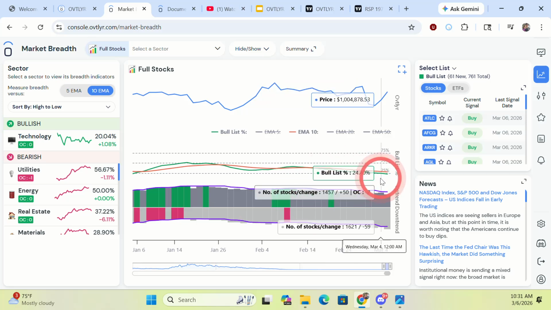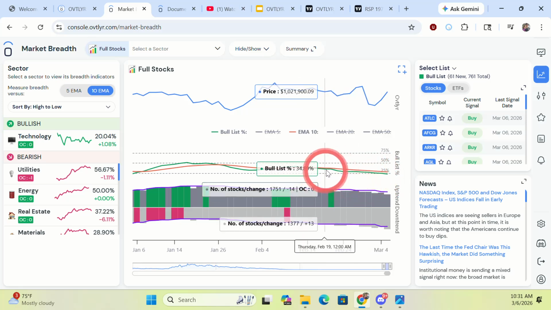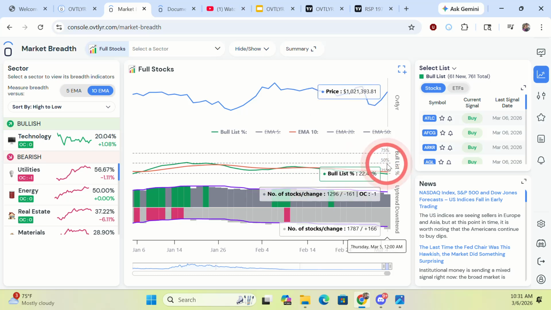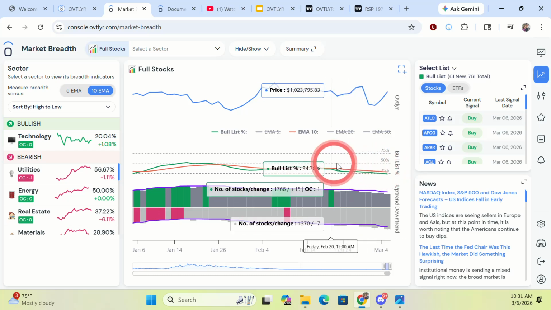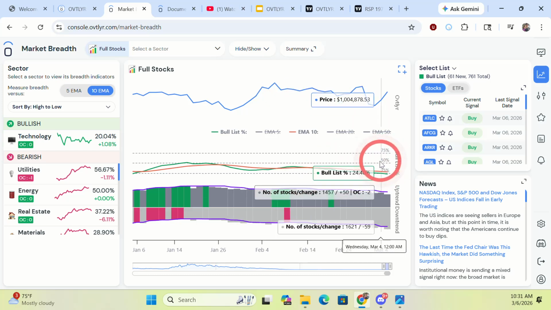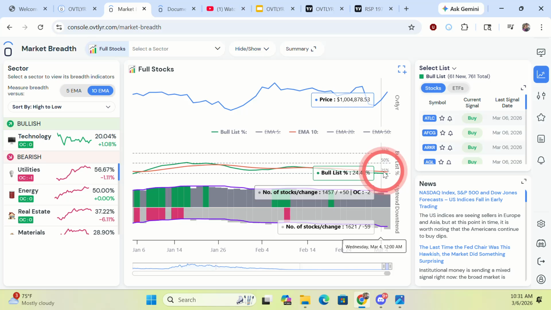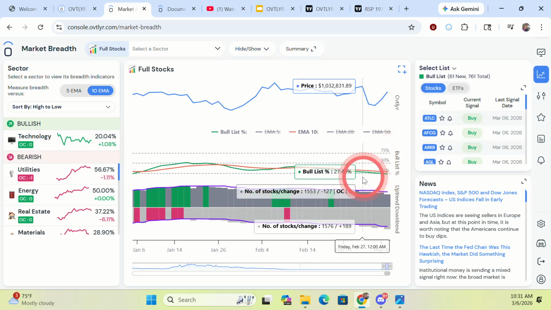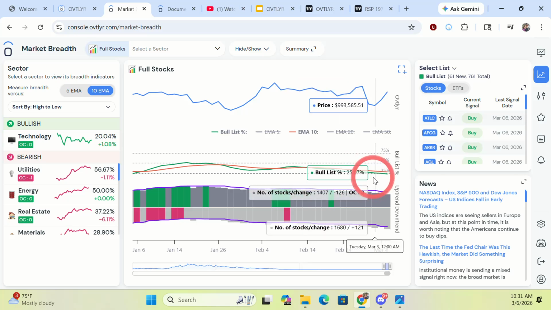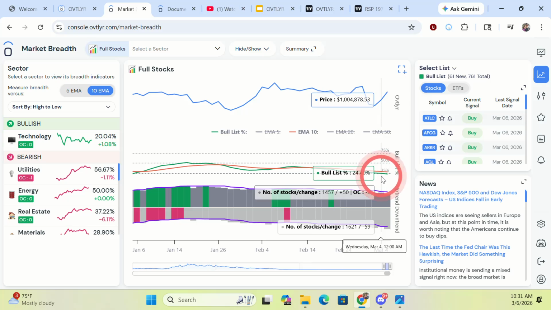So right now, you're not going to see Chris trade anything. Market breadth is bearish. It's below that 10 EMA. He wants it to be above it. Now, with that said, it's trending down. It's trending down quite evenly with the 10 EMA, right? So maybe next week we'll see a cross. Once we see that cross, you're going to see Chris go into his checking signals mode